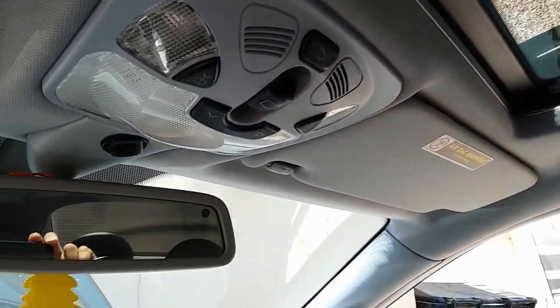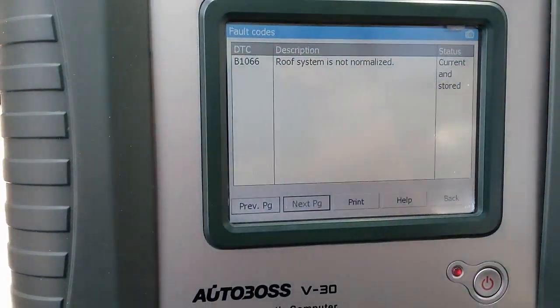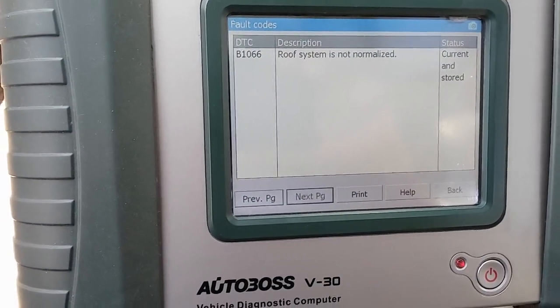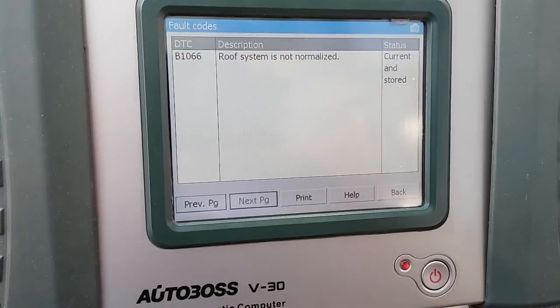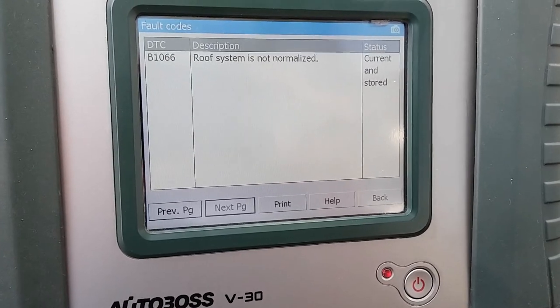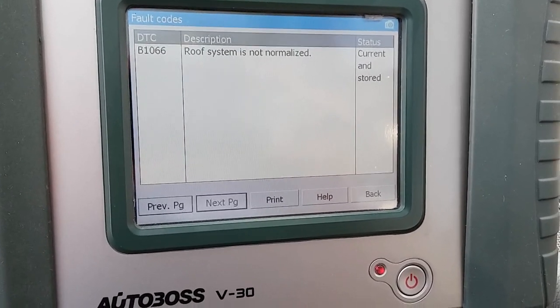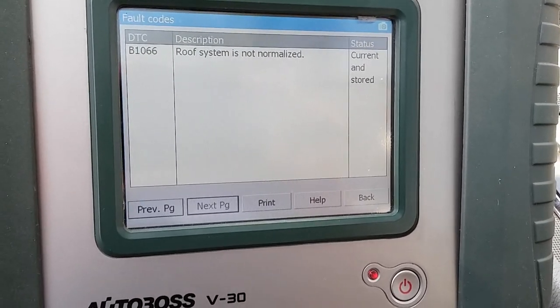So that's the way to fix this problem when you get a B1066, roof system not normalized. So that should fix that code now. Alright guys, I'm going to go through these fault codes in all these modules, and then hopefully give you another